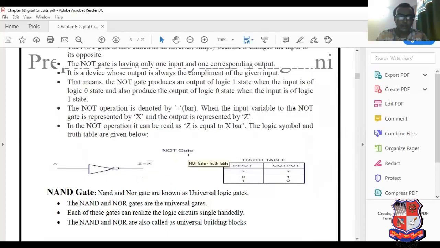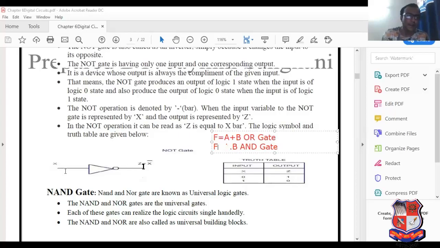And what is the truth table of AND gate, OR gate, and NOT gate? Sorry, what is the equation of AND gate, OR gate, and NOT gate? Simply say that the OR gate can be considered as addition if A, B both are inputs, and multiplication for the AND gate. Now, what is the equation of NOT gate? Simply invert. If 0 is applied here, then the output is 1. If 1 is applied here, the output is 0. They are complements of each other, mathematically speaking.